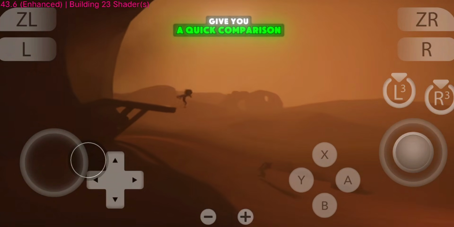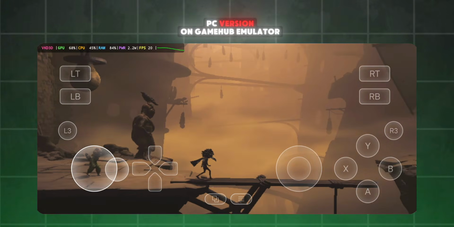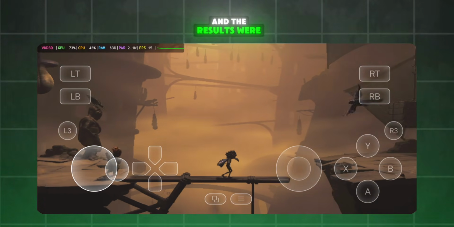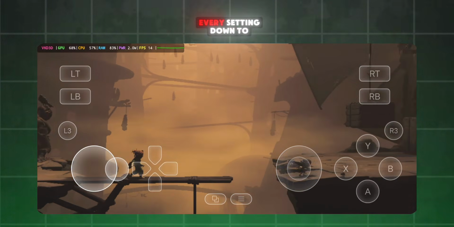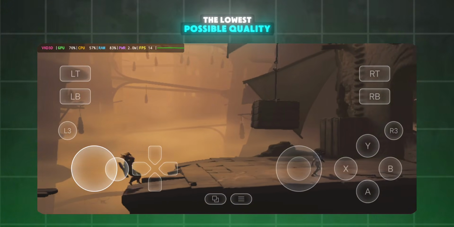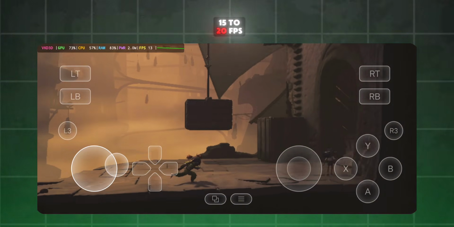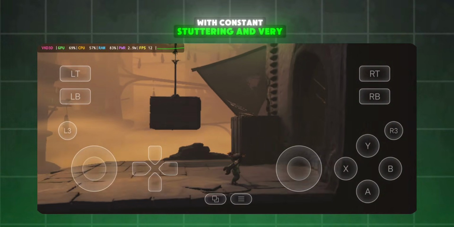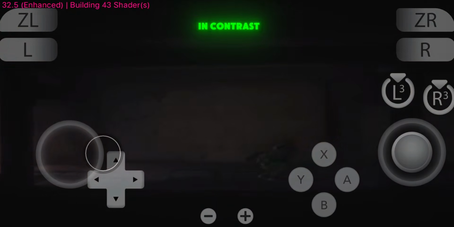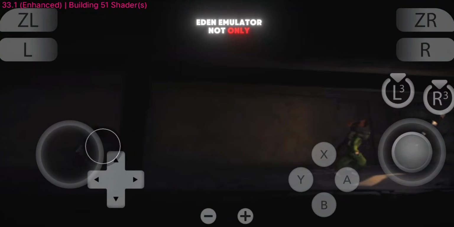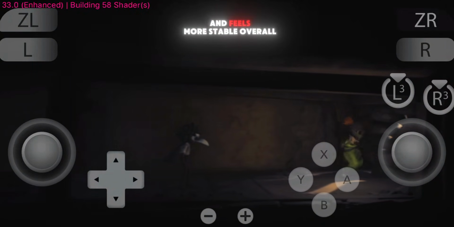stabilizes. To give you a quick comparison, I tested the same PC version on GameHub emulator, and the results were honestly disappointing. Even when I turned every setting down to the lowest possible quality, the performance stayed around 15 to 20 FPS, with constant stuttering and very poor visuals. In contrast, this mobile setup through Eden Emulator not only runs smoother, but also looks better and feels more stable